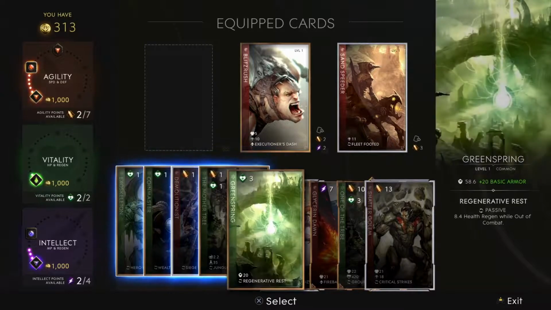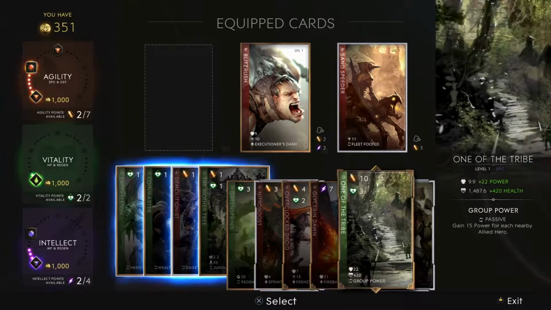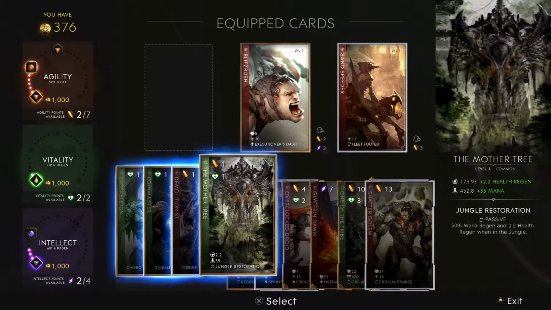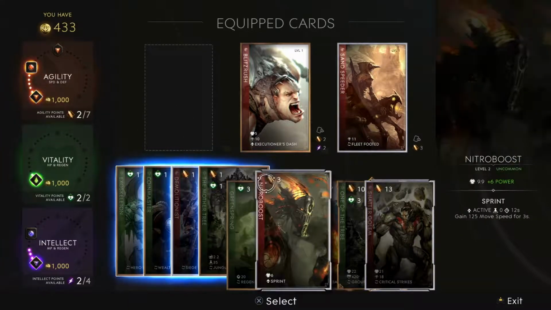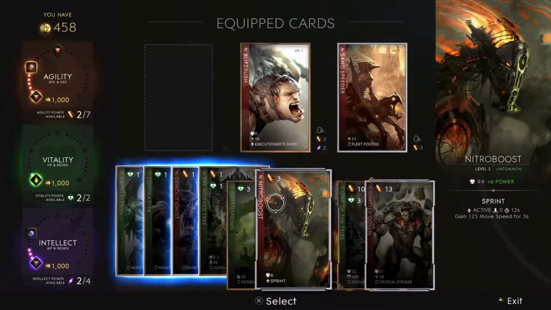Now we have a free slot because we've got that already with our gem. So we're working towards maybe getting some more power going, which would be real nice. We can also do the shatter golem. But I feel like what we could do, and you guys can see what my stats are at right now. You can see early game, that's pretty strong. So pretty cool, pretty strong. We're going to actually go with something a bit different here. In the meantime, we're going to go with...